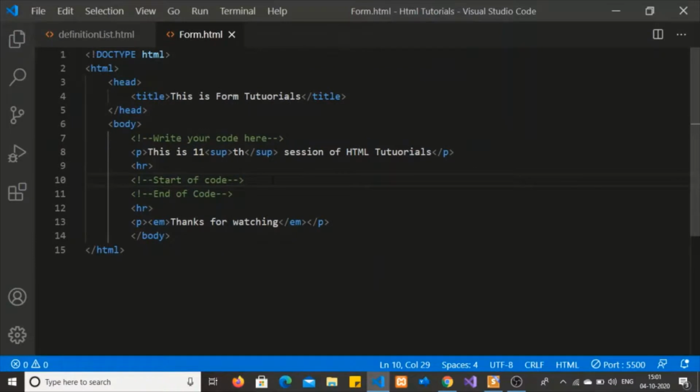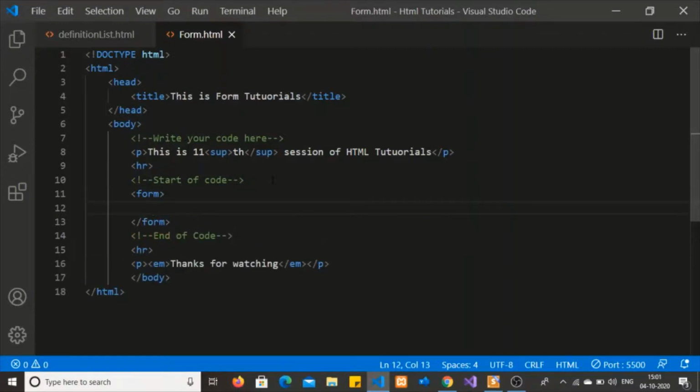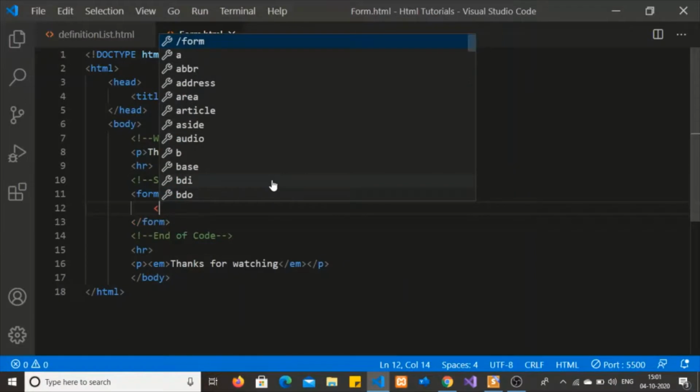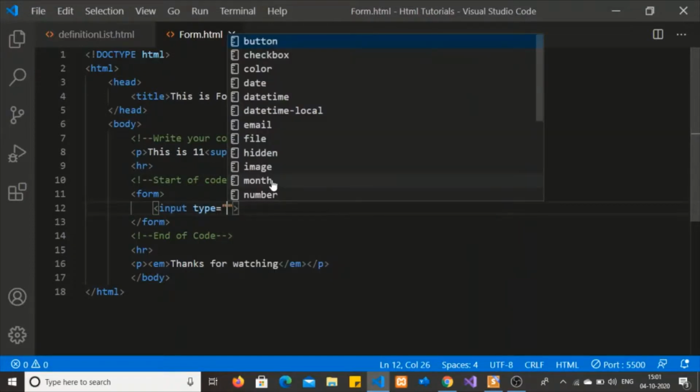Let's first create the form. Form tag. Inside this, I am going to add one input tag, and it has one attribute, that is type.